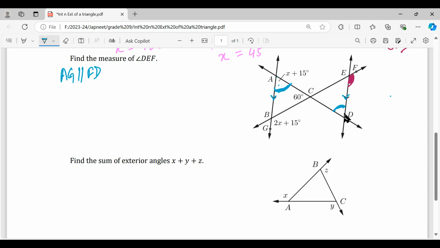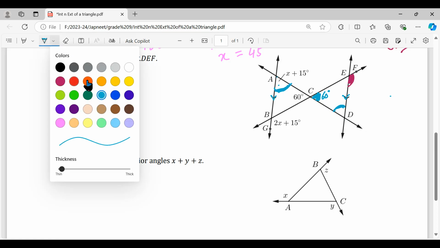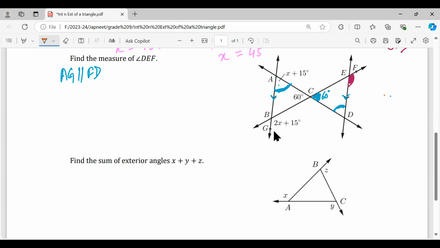Okay, now angle A equals angle D, and then here you have 60 degrees. So this is vertically opposite angle. So this is also 60 degrees, right? And then in the same way, you can see here we have another pair of alternate angles, that this angle is equal to this angle, right? So let's work on this. So we can find, if this is 2x plus 15, we can find this one as,